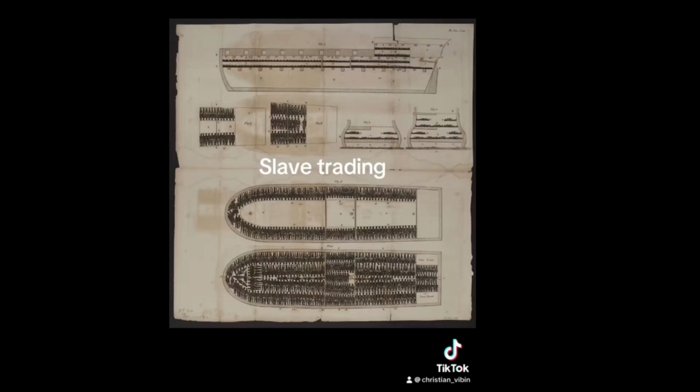Now, during 1619 and 1807, countries were trafficking and trading slaves left and right, until March 2nd, 1807, when Congress in the U.S. made it illegal for Americans to engage in slave trade and gave U.S. authorities the right to seize slave ships. Slavery would end up overall ending in 1865. And these were the slave ships that they would have the slaves in.